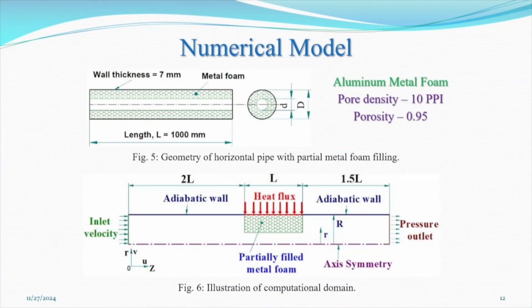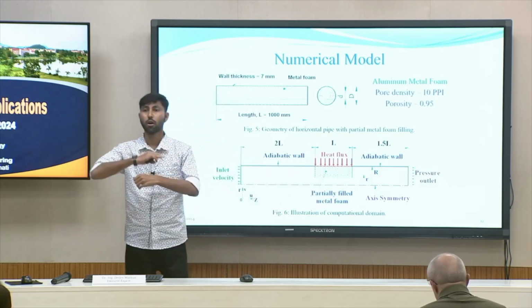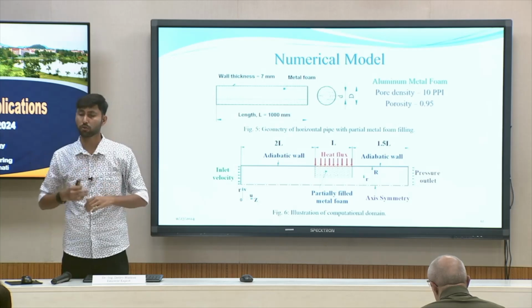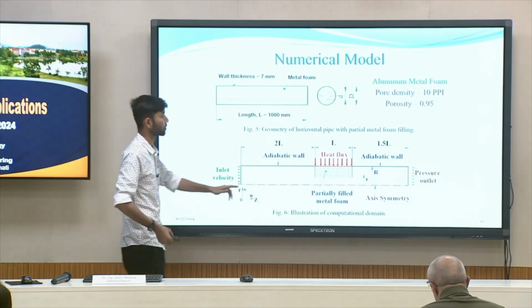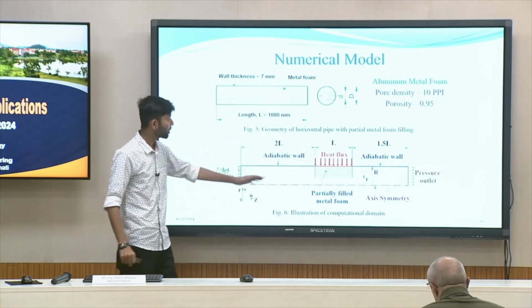This is my numerical model, with the entry length, the exit length and the test section. They also wound a heater on the circumference of the pipe. In my work also I have provided uniform heat,